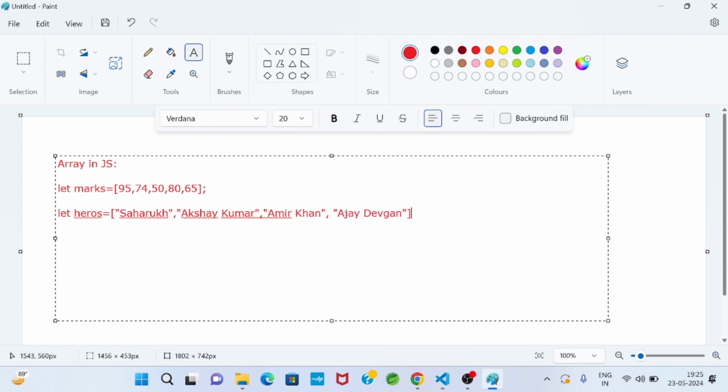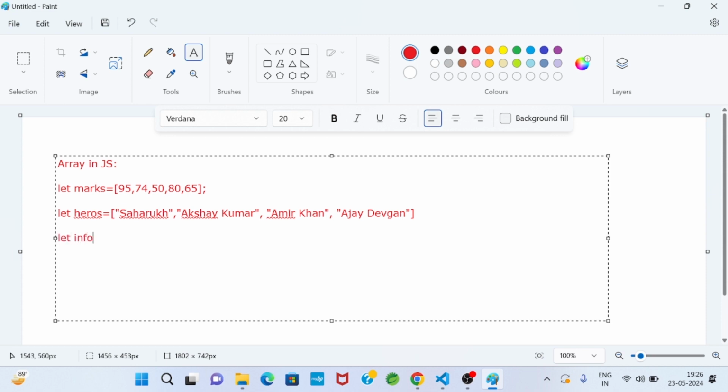So a group of data items we are assigning to a single variable. Those data items may be homogeneous or heterogeneous. Homogeneous means similar types of data items, or multiple types of data items.